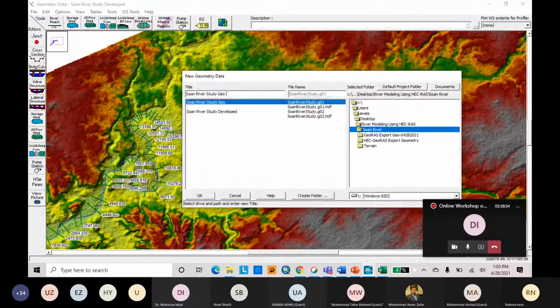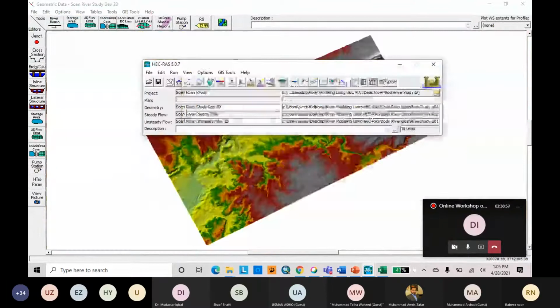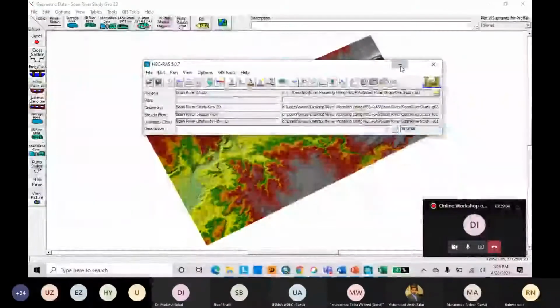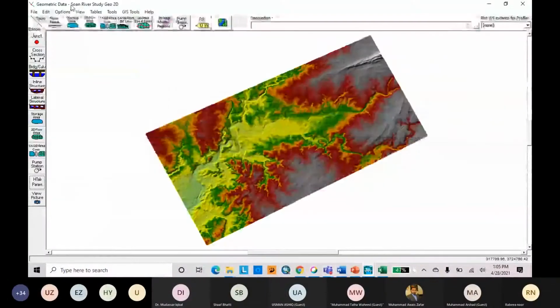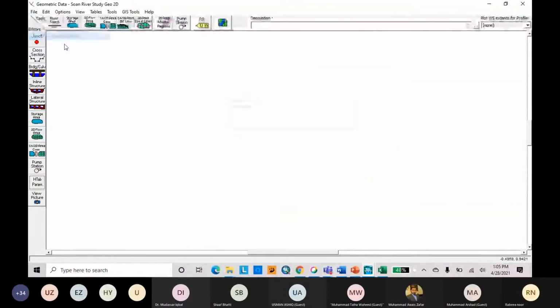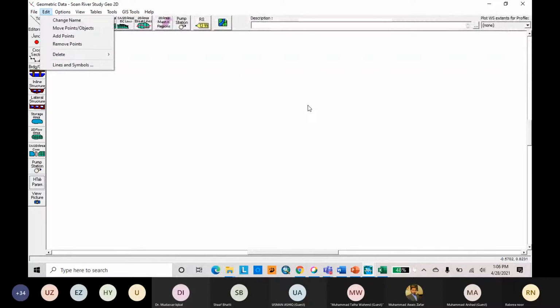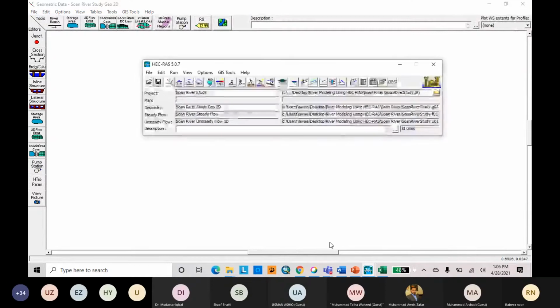I will specify the name for my own remembrance. Okay, when I change the geometric data, the terrain association vanishes. We require the terrain association for developing the 2D mesh. So we will first go to the RAS Mapper to assign the terrain data.